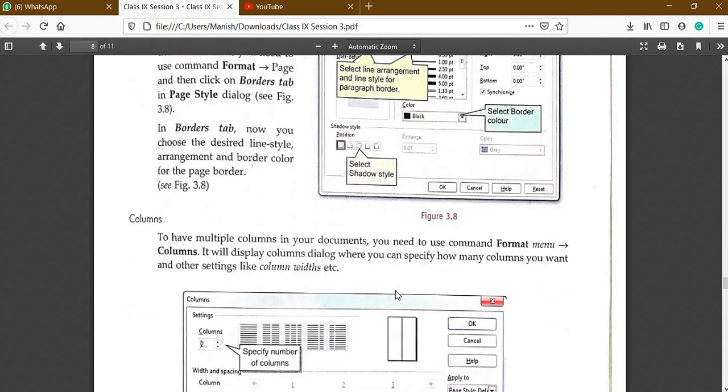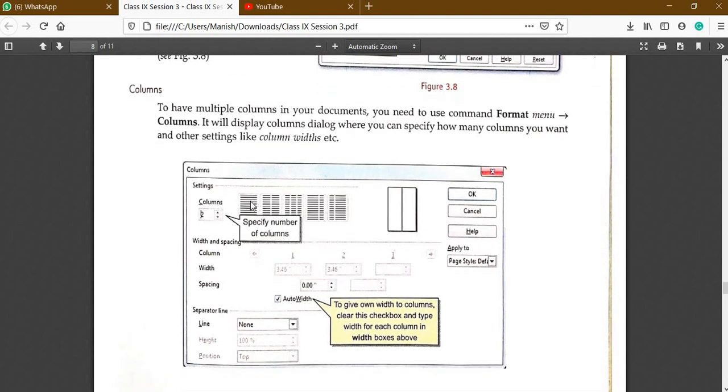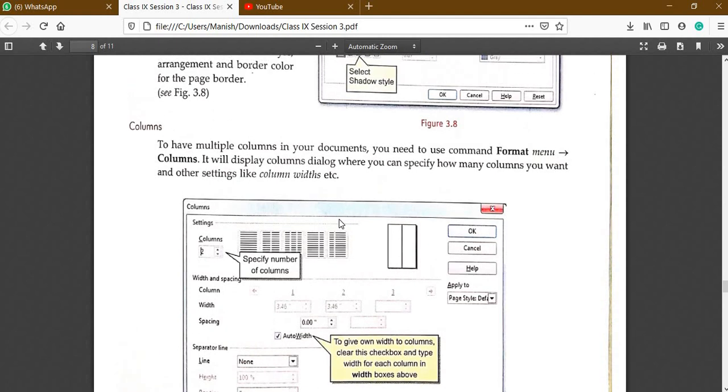It's quite easy. Next is column. To have multiple columns, we can break a page into multiple columns. You can see this is the default one. This is page with 2 columns, this is page with 3 columns, and these are two more styles to break the page into more than one column.